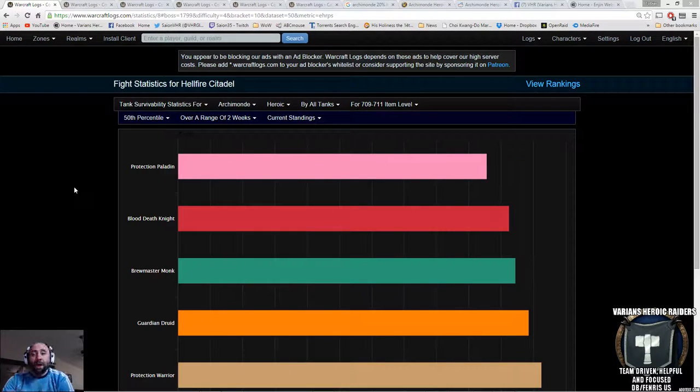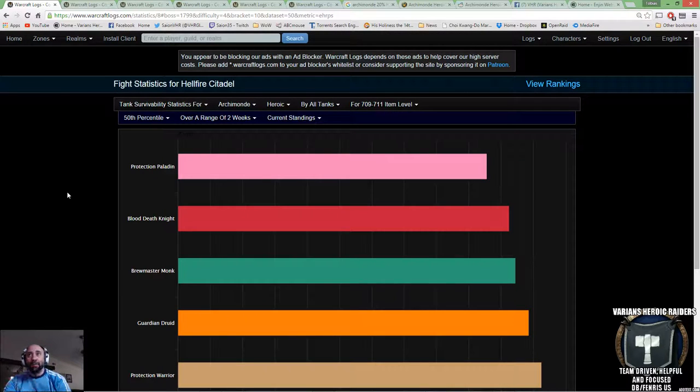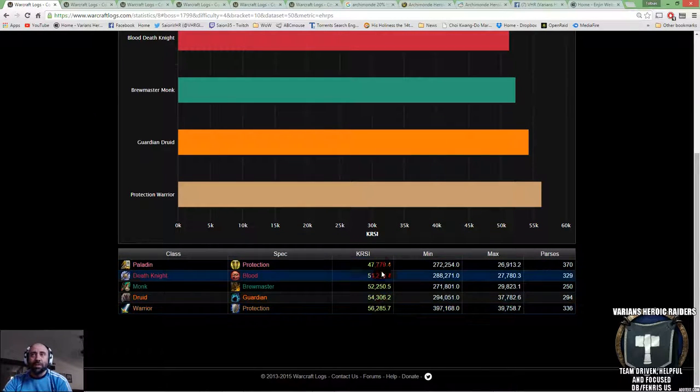So a couple of items, though, I want to check off the list right now at the 3-minute mark in this video is just 50 percentiles involving tank survivability, healing output, and also DPS averages that should be going on for our item level on heroic in the last 2 weeks. All right, so this is 50 percentile. As you can see, this is the total damage that you want to shoot for if you're doing 50%. So protection paladins around 47k intake per second. 51, you get the gist of each one of these,